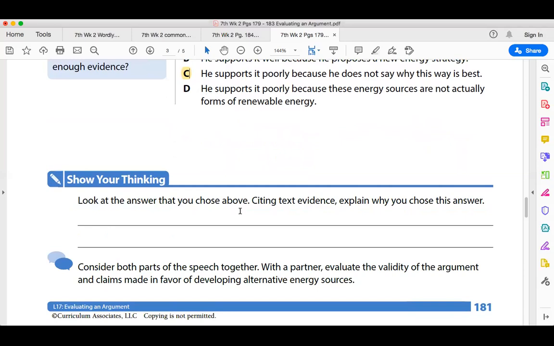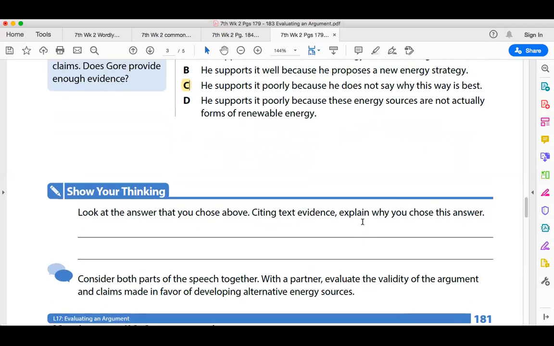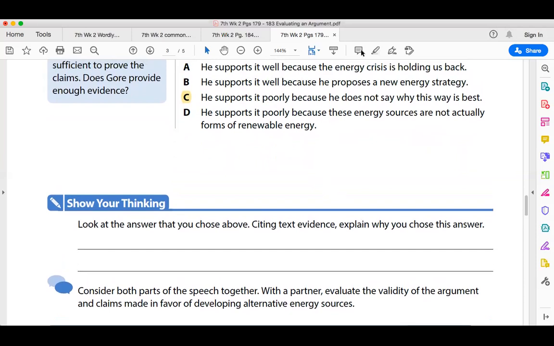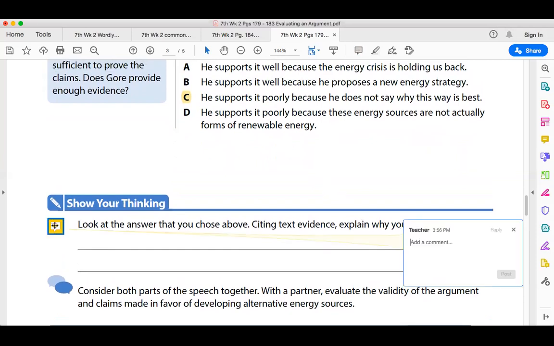So look at your answer. Look at the answer that you chose above. Citing text evidence, explain why you chose this answer. So you've got to use text evidence. So if I go here and put that over there, I'm going to tell you about that Gore